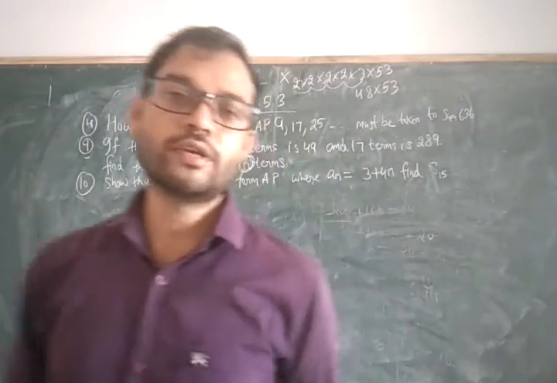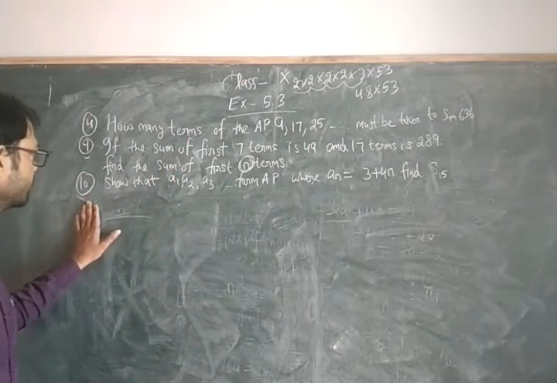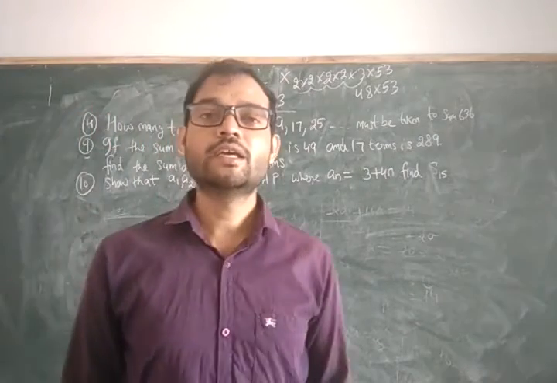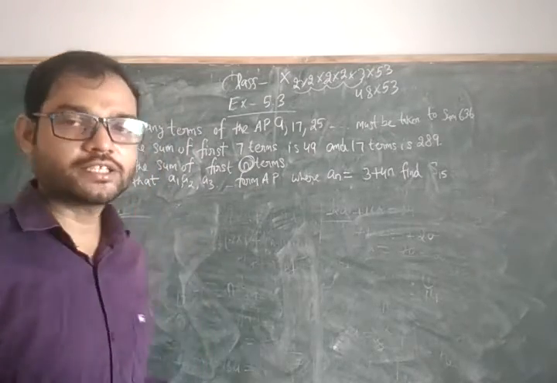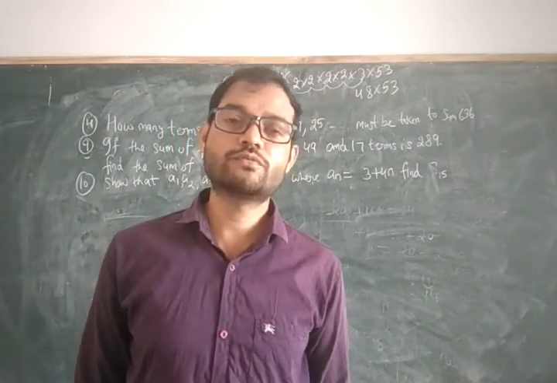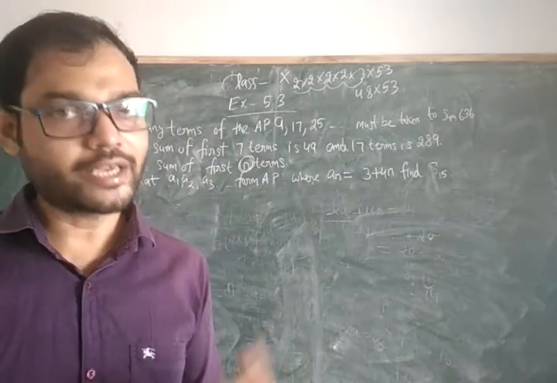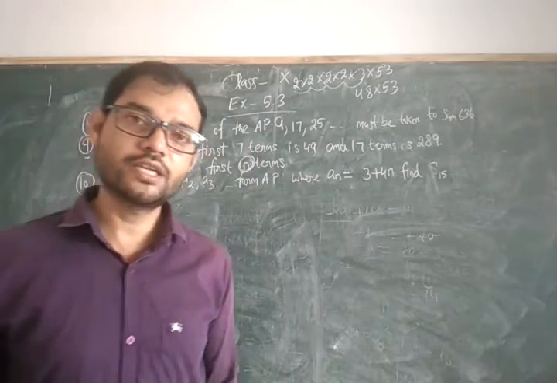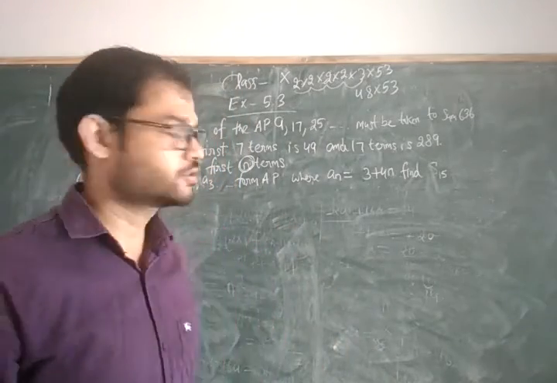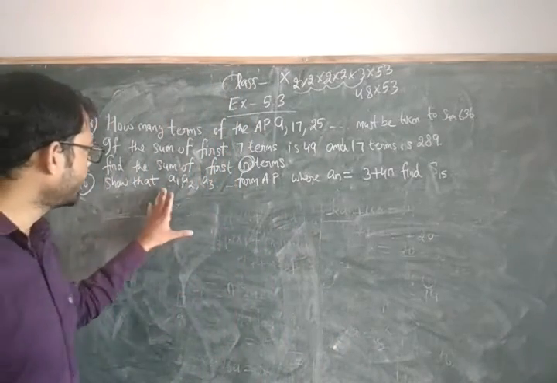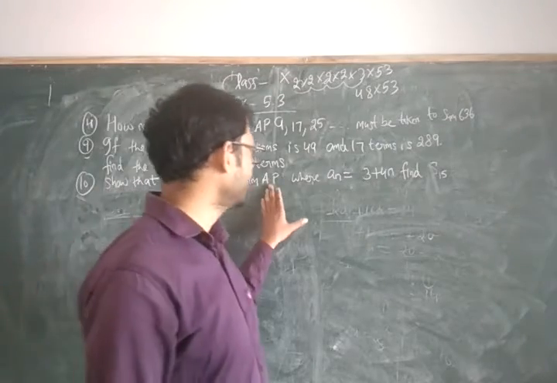Okay, so now we are going to start our next question number 10. This question number 10 is also different from others, and this question number 10 has two parts. I am solving first part and you can solve second part. ठीक है, second part आप खुद करेंगे, first part I am solving here. The same way you can solve the second part. You have given show that A1, 2, 3 form an AP.